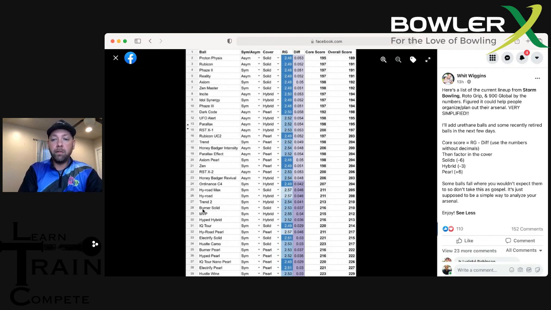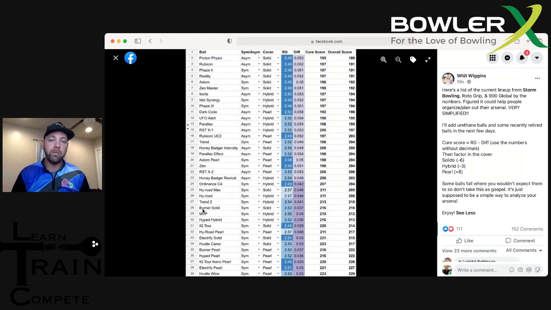I don't want people to get too crazy and too invested into trying to get it down to the specific number, because you can't do that. You have to group them. Maybe you separate these by solids and by hybrids and then by pearls, and you put them in 3 different categories, and then you group them again based on that. The other discrepancy is we don't take intermediate differential into consideration here, which you could argue means you're basically saying that there's no difference between symmetrical and asymmetrical balls when it comes to scoring them.